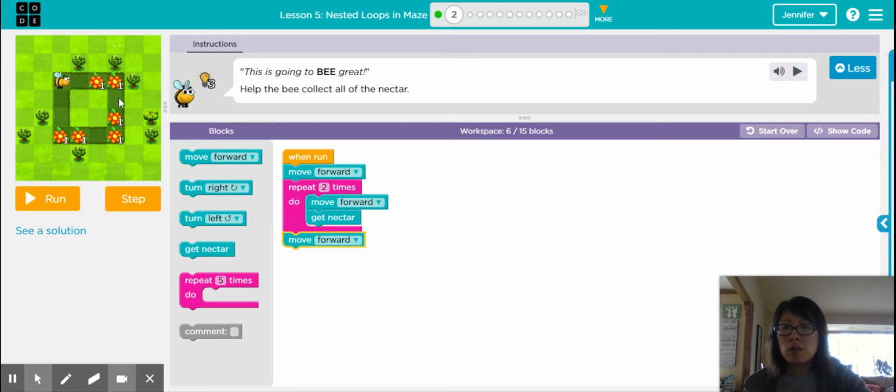So I'm here, and then I'm gonna do the repeat block again to collect these two flowers, okay? Oh, you know what I forgot to do though? I forgot to turn right. So I'm gonna go ahead and turn right. Let's see, right here, right? I'm gonna turn right, okay? And then I'm gonna move forward and then repeat twice,